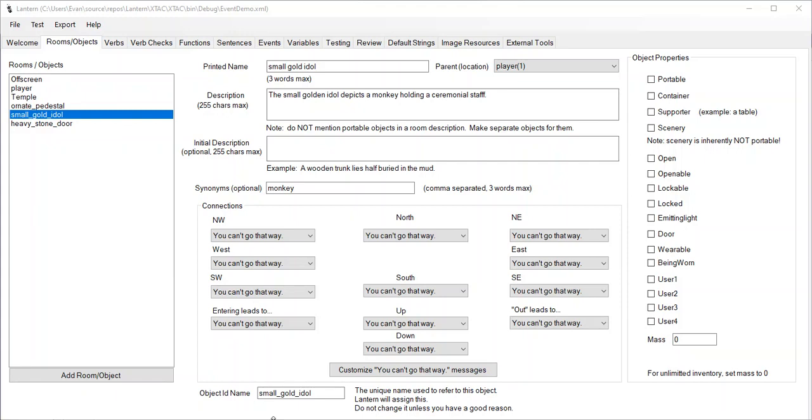In this video, I'm going to show you a demo of how events work. Events are special functions that run every time the user successfully enters a command, and they can be used to check for situations in the world that may require attention. So I'm going to create an Indiana Jones-like scenario where the player's got this statue and they've got to put it on a pedestal, and when they do that, a door is going to open